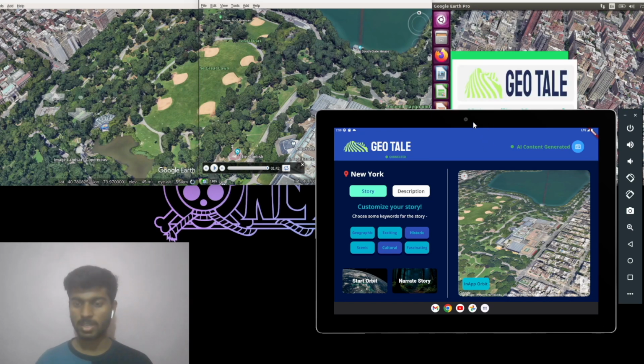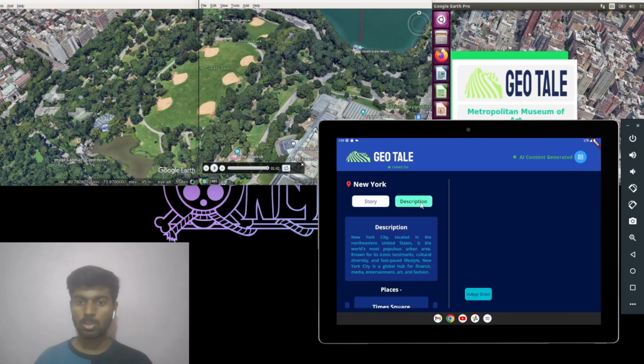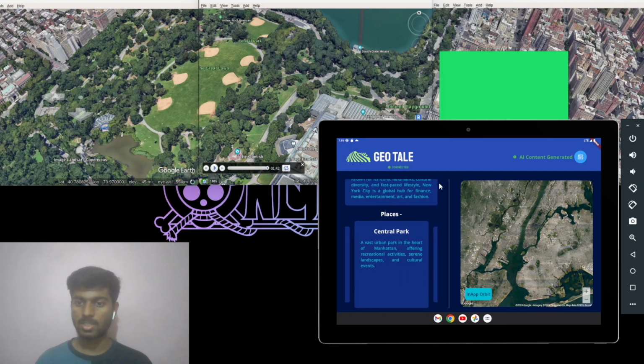Okay. So as you might have heard, that was the story which was created using our solution. It had some cultural and historical elements to it. So this was the overall use case of a particular city.